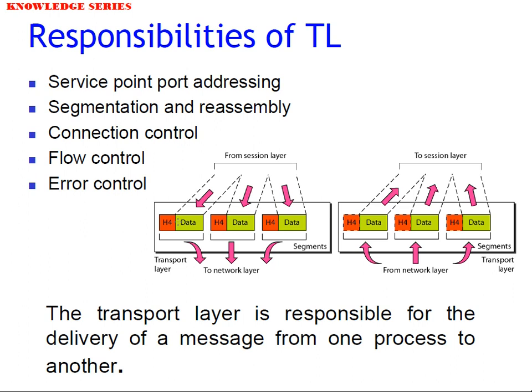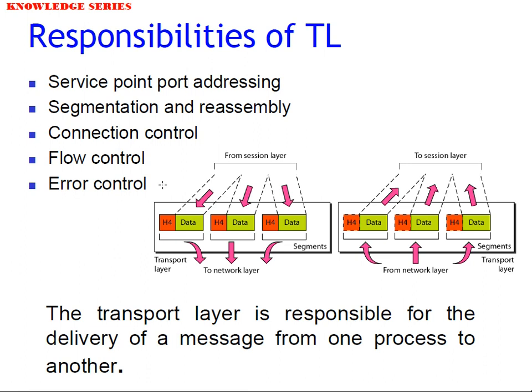Whatever you are transmitting here, when it reaches the receiver, it is put in order. If this is 3, 2, 1, automatically at the destination this becomes 1, this becomes 2, and this becomes 3. That is what we see in segmentation and reassembly. Segmentation means a packet is being divided into smaller divisions. And reassembly means the segments are put back into the packet form.